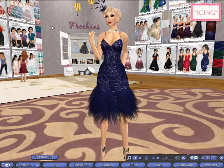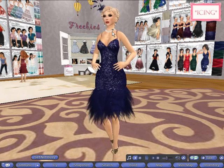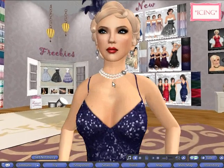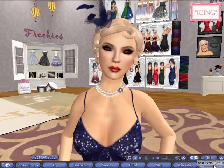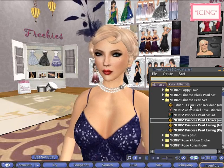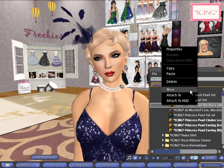Today we're wearing the Icing Sequin Starlet outfit, and I want to be able to layer pearl necklaces for sort of a flapper look. So if we zoom in, you'll see that I'm currently already wearing the Icing Princess Pearl set. And what I would like to do, if we open up my inventory, is wear the Muse Celine Pearl necklace over that. So if I try to right click and wear this,